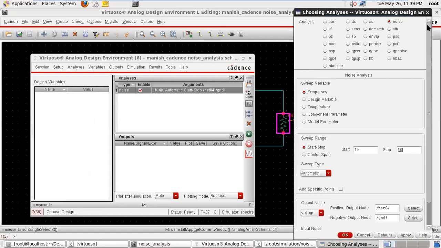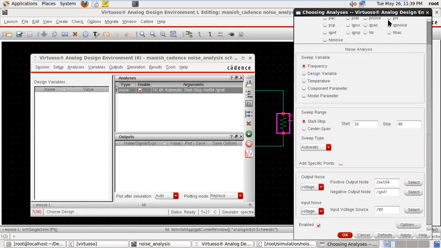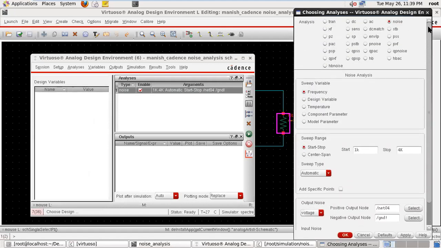Here you are seeing the options such as transient, which we have discussed, the significance of DC and AC, and that is the noise analysis. In the coming lectures we will also discuss transfer function analysis, sensitivity, DC match, S parameter, and pole zero, which represents the pole zero type analysis. Okay, but now we are interested in noise. So just click on the noise button.